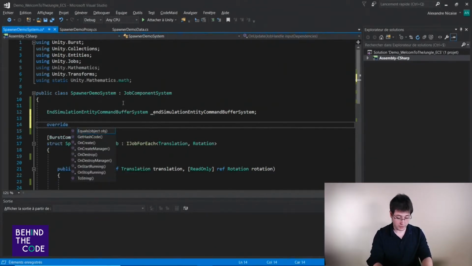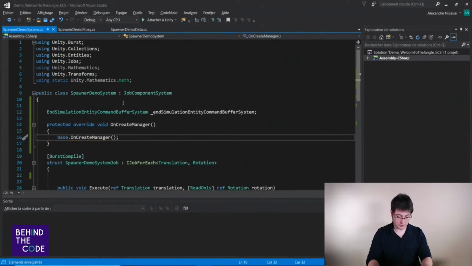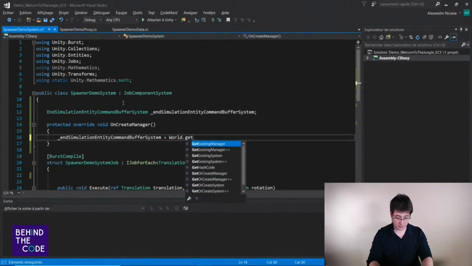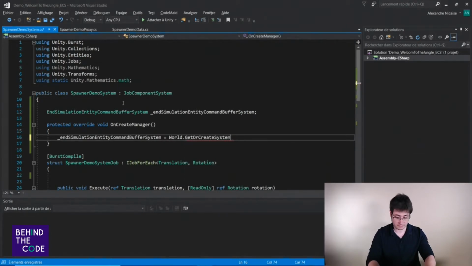In the override of create manager, we can instantiate it, and simulation equal to your world dot get or create system, and that's it.